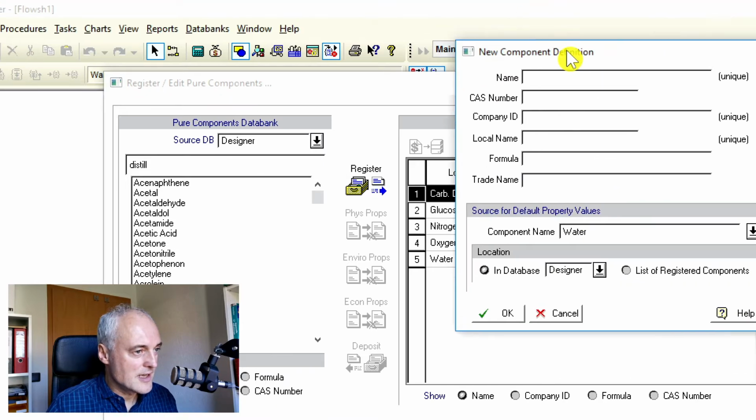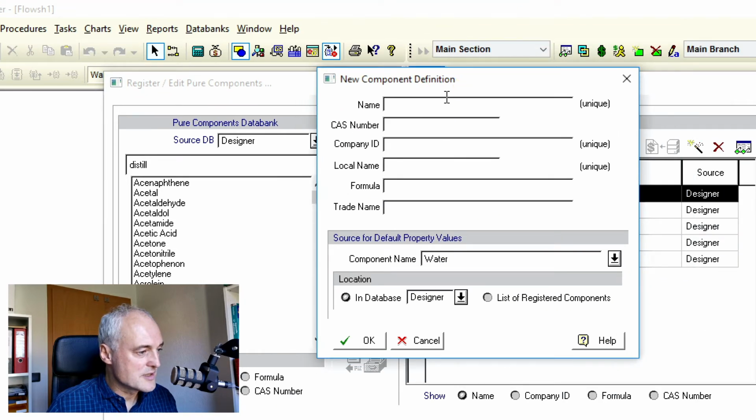Then we get this dialog, new component definition. So the name is, we just put in the name, distillers soluble. Okay, so this is our new component. And now we can